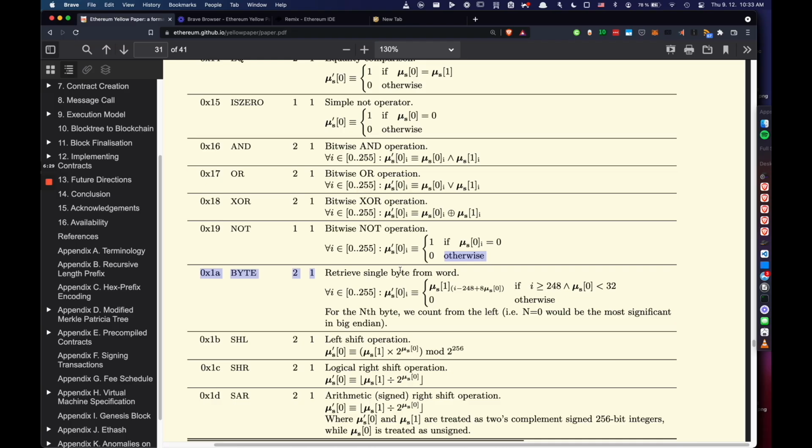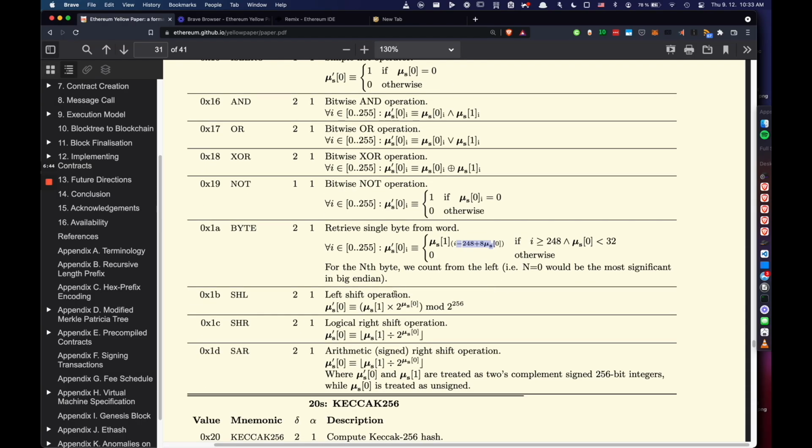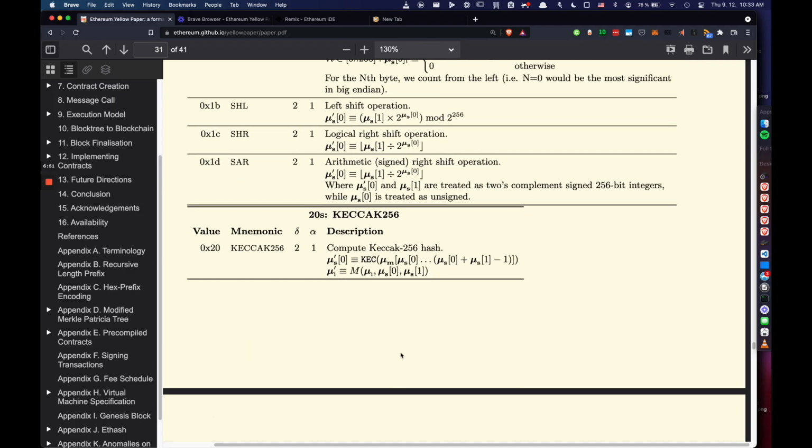Byte, retrieve single byte from word. So this part right here is actually my code. There was a bug in the yellow paper, so I corrected it. We have left shift, right shift, and arithmetic sign shift. Keccak is a built-in